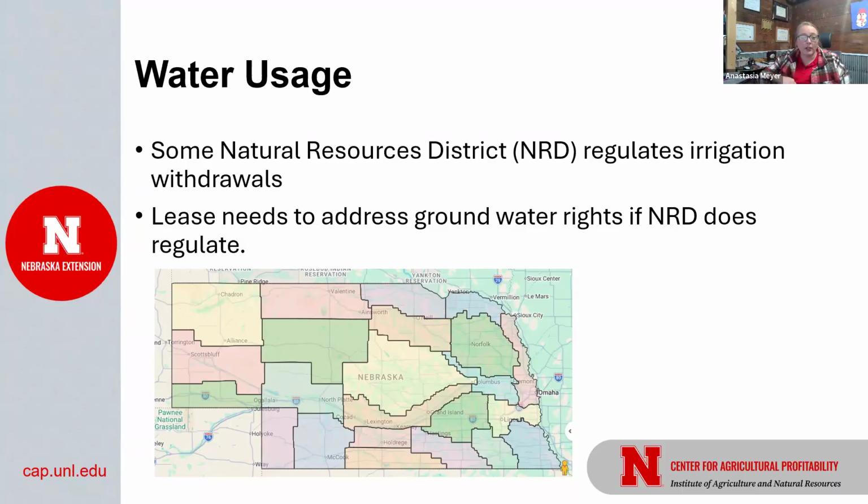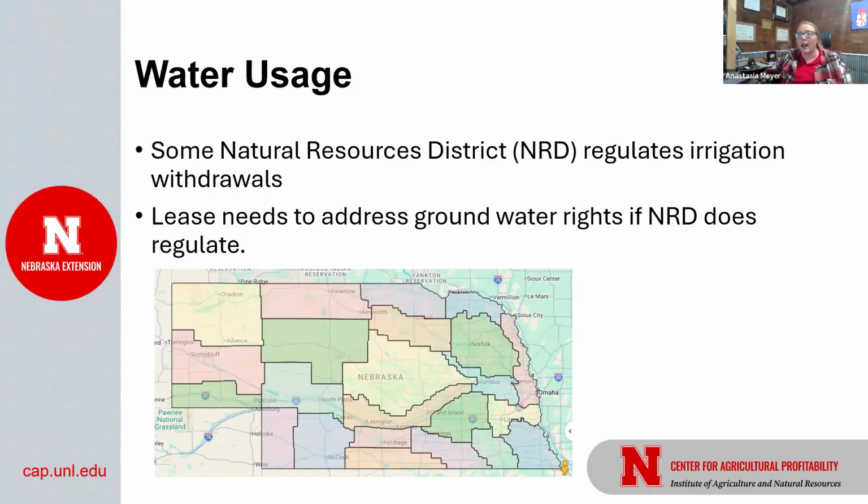If it does, your lease needs to address those groundwater rights, right? Some are limited so that so much can be used in 5 years. Some are limited by so much in 1 year. But whatever that is, you need to make sure that you have it in a lease that they are using the water rights available to them and not overusing it, because if they overuse it and you terminate them, you're still going to be having that consequence for either the new tenant or the new owner, whatever the case might be, if you go on in the future. So make sure that you are protecting your ground and your water rights as well.